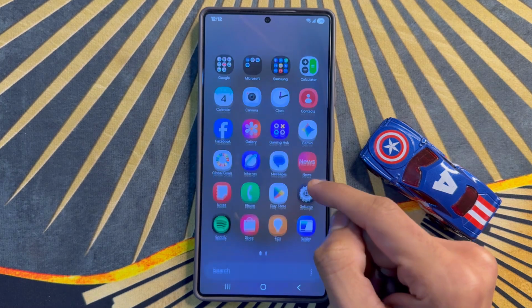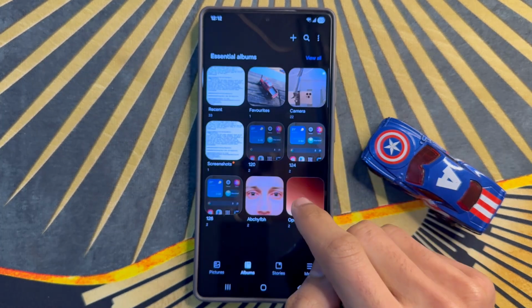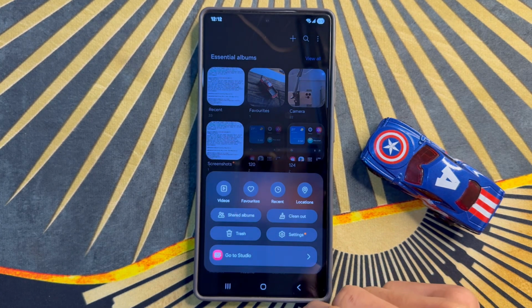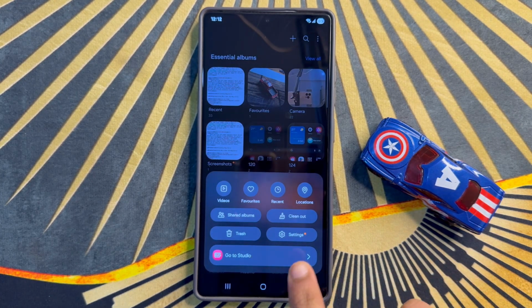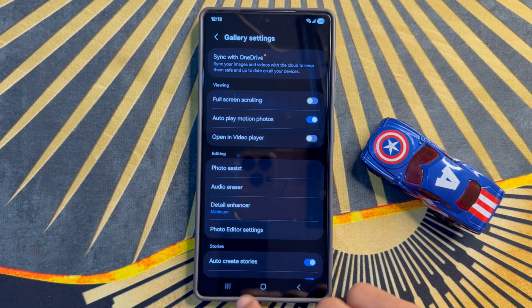First of all, go to app library. Now here, click on settings app. Now in settings, click on menu. After clicking on menu, click on this setting option. After clicking on settings, you will see